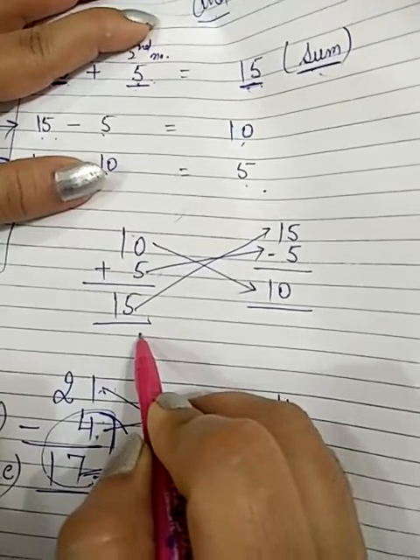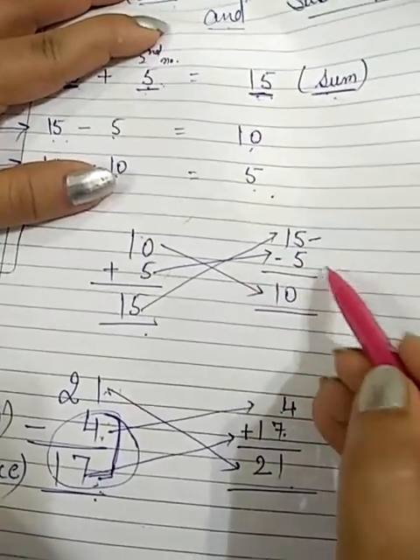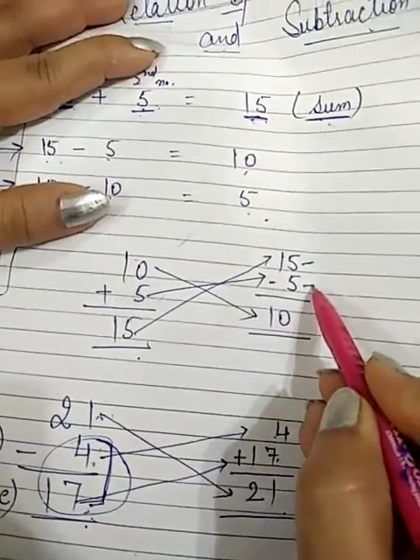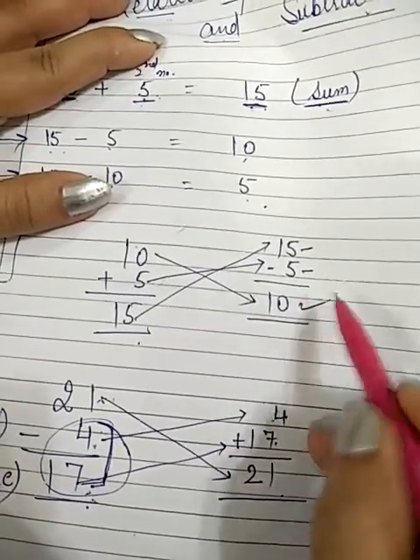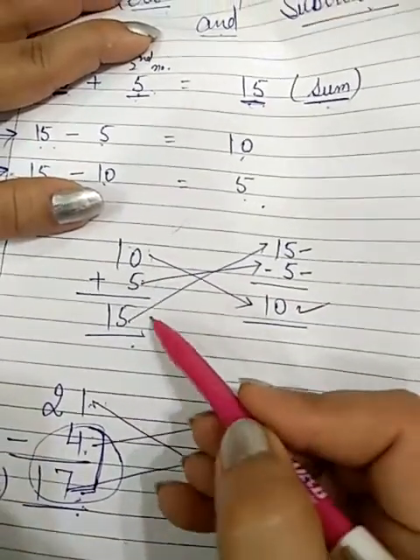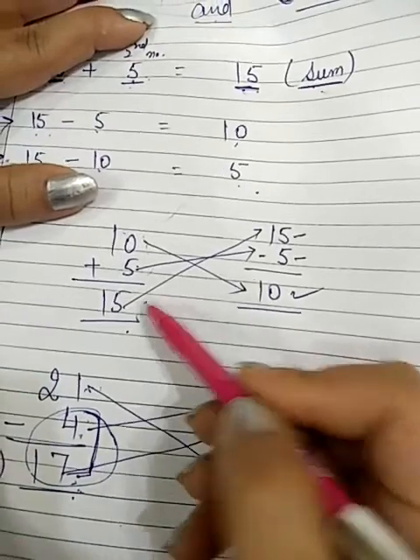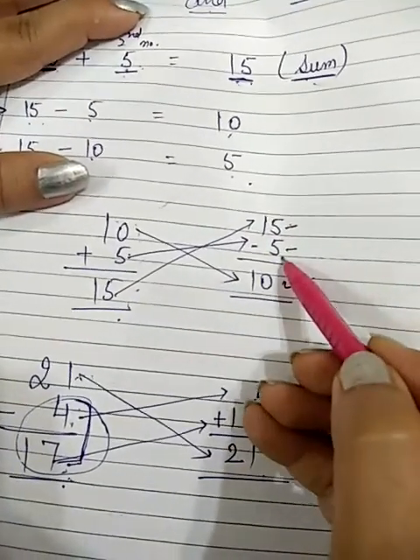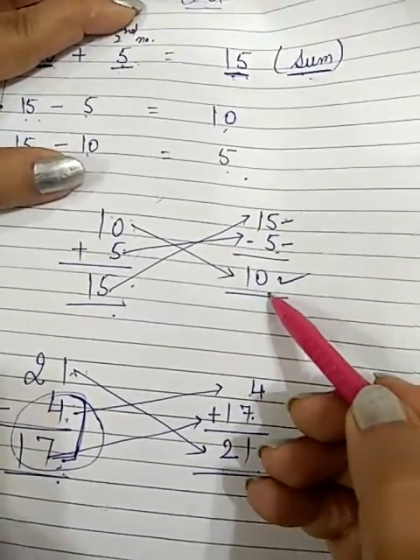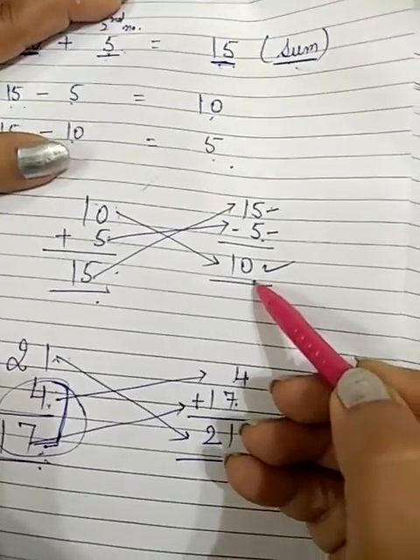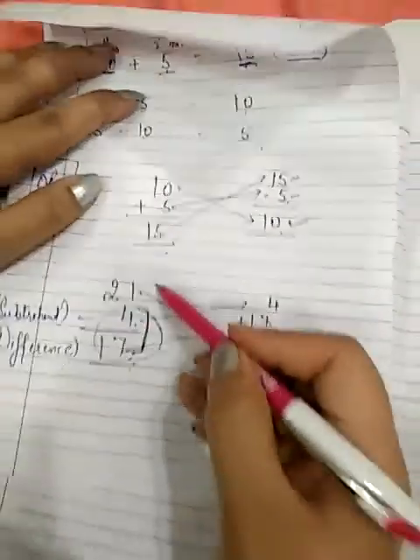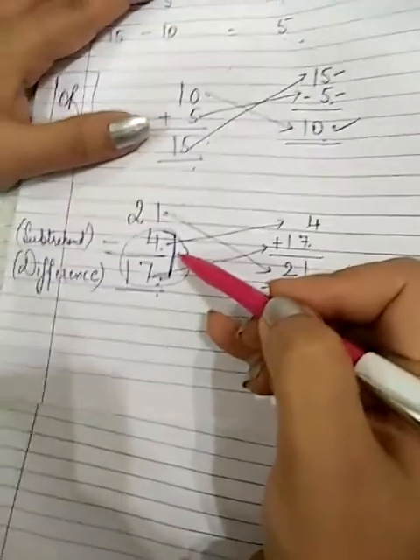So what you will do is, from the sum you will subtract any number and then you will get the other number. जैसे मैंने इन दोनों को ऐड किया, ये हमारा सम आ गया. सम में से आप कोई भी एक नंबर माइनस करोगे तो आपके पास क्या आ जाएगा? सेकेंड नंबर. क्लियर? और अगर हम लोग सब्ट्रैक्ट कर रहे हैं और अगर फिर आपको आंसर चेक करना है तो